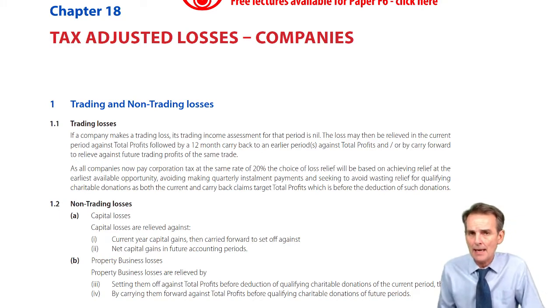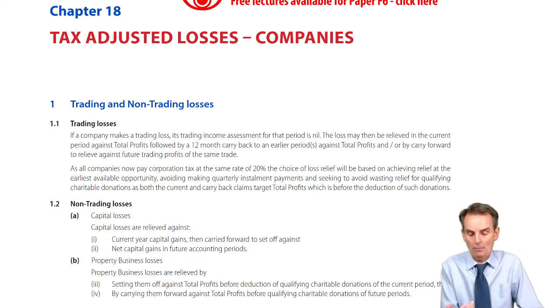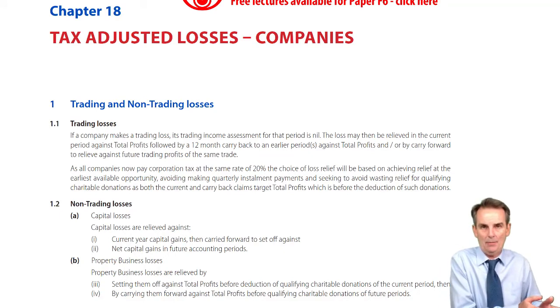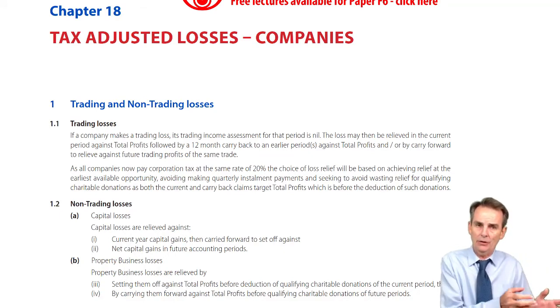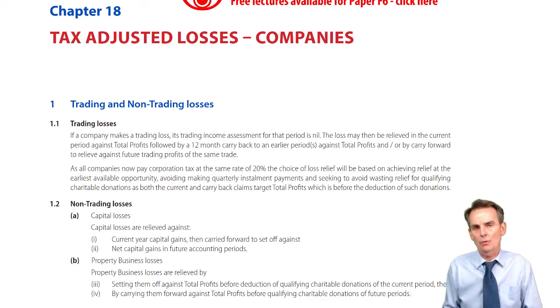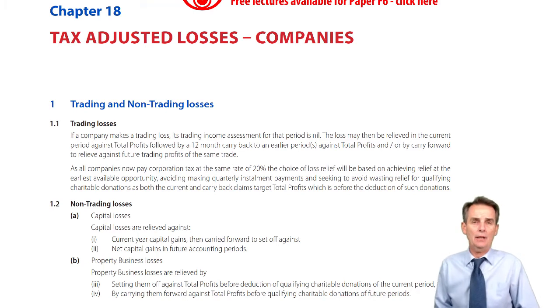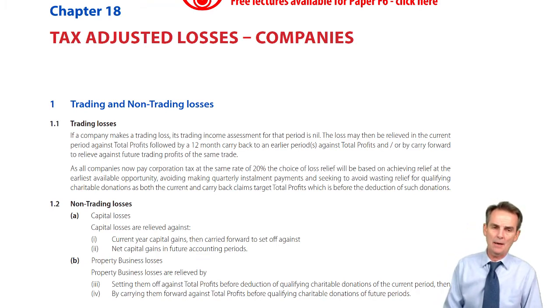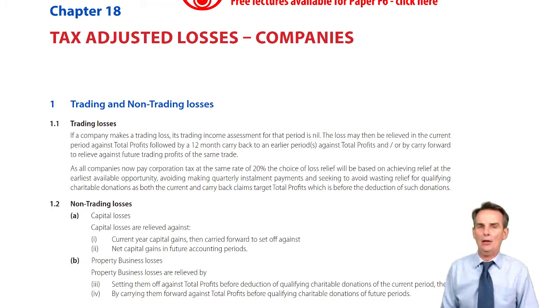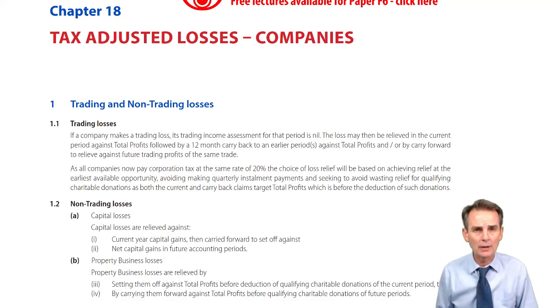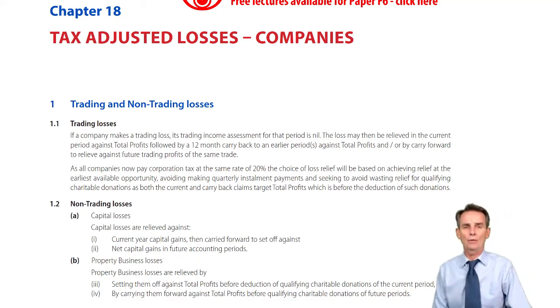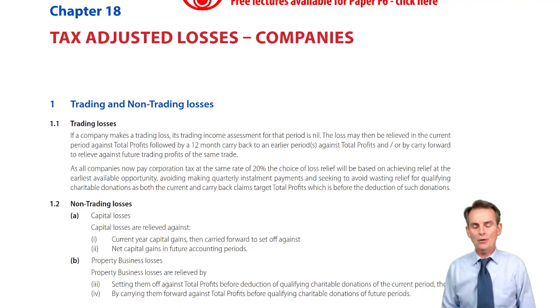Now, whether or not we've made either the current period claim or the current and carryback claim, if there's any loss left over, or as a total alternative to those two, we would then carry forward the loss. And again, here it is just like in income tax for the unincorporated trader. There's only one thing the company can set that loss off against. That's a carry forward to set off against future trading profits of the same trade. Now, those are your basic reliefs that we need to know for a trading loss: current period, carry back, carry forward.